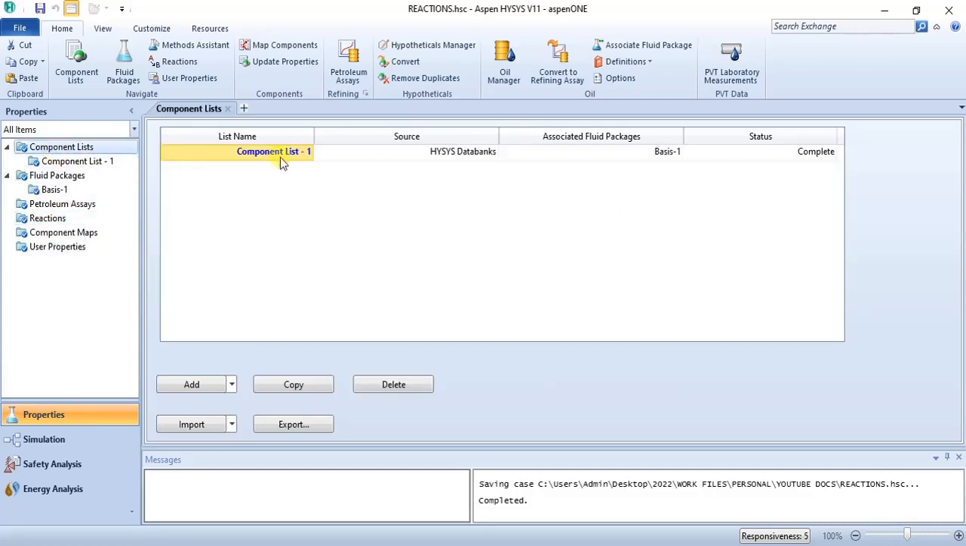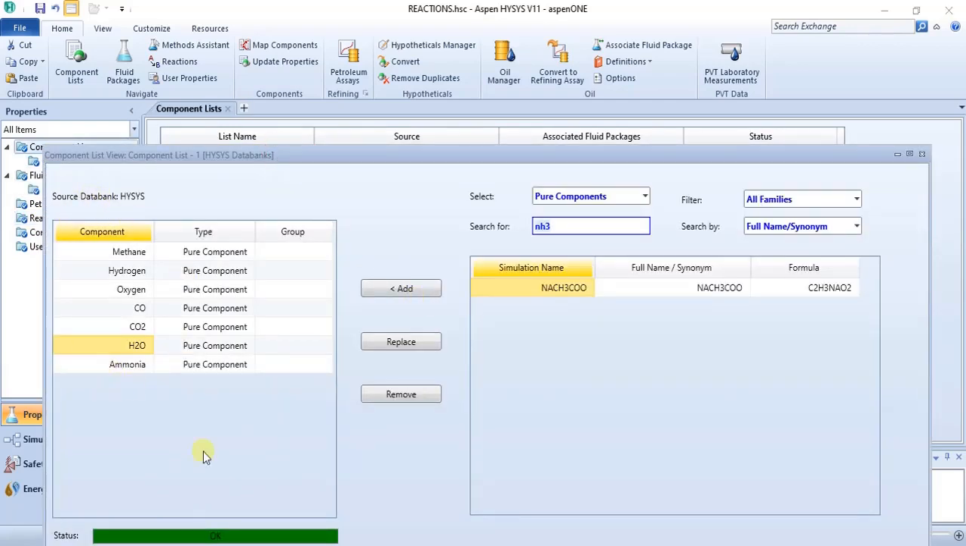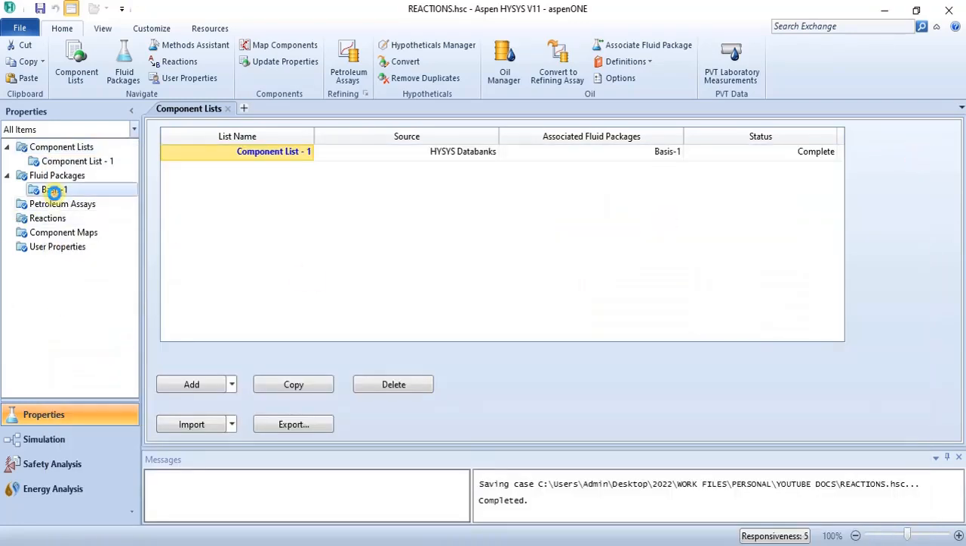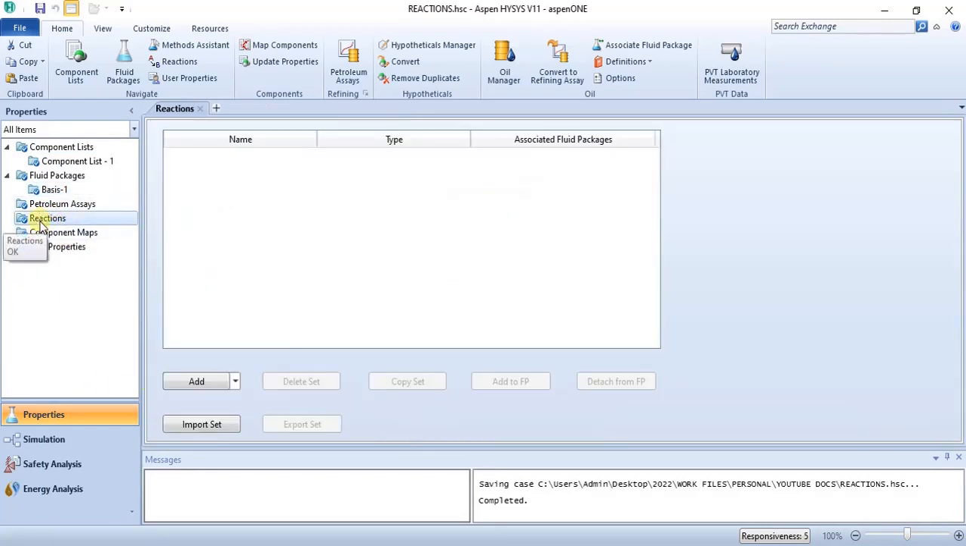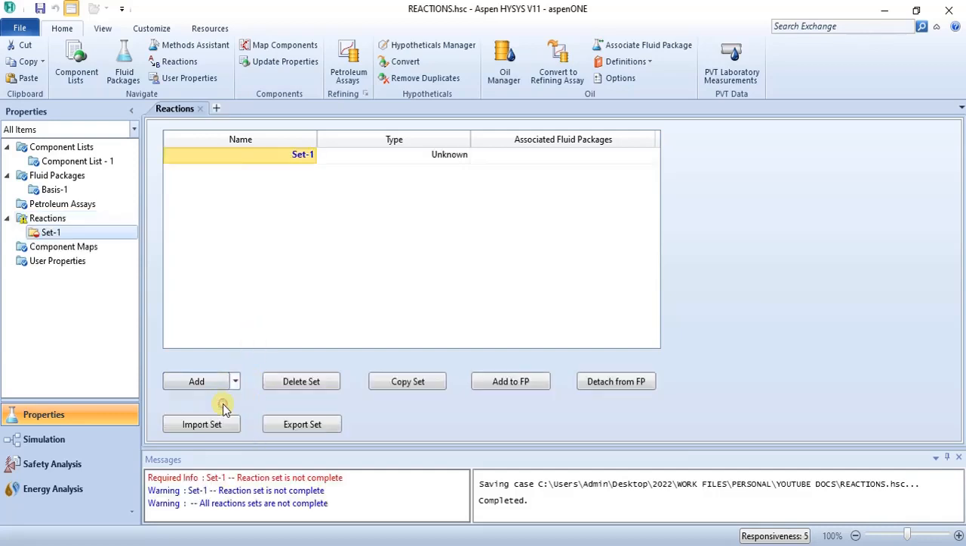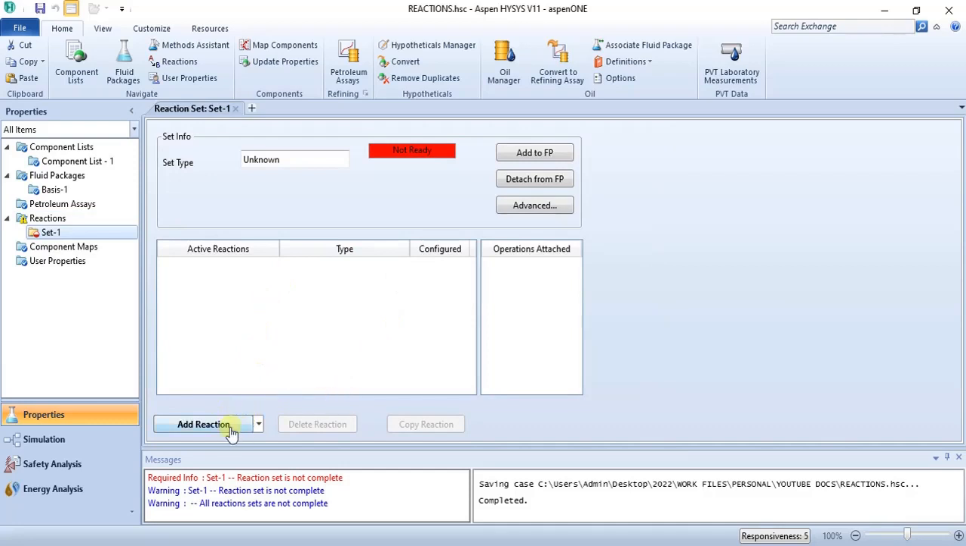From the component list, I've already added the components I'll be using for this illustration. Then I've also added the fluid package already. Now we are going to be specifying some of the reactions from the reaction set. In the previous video we modeled the chemistry sets, so we are working with the reaction set in this case. From the reaction set, the first thing you need to do is to click on reaction set and then